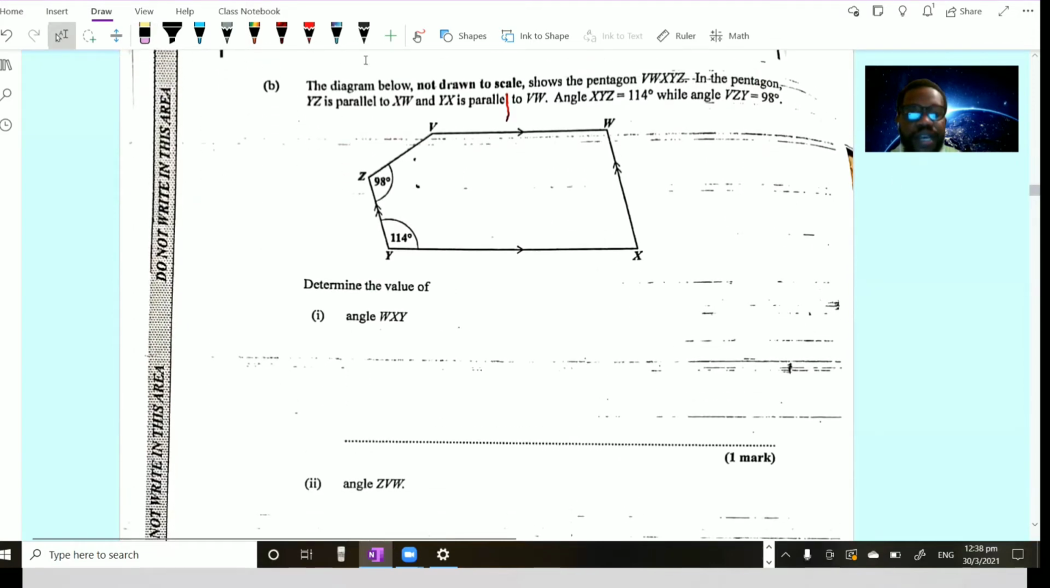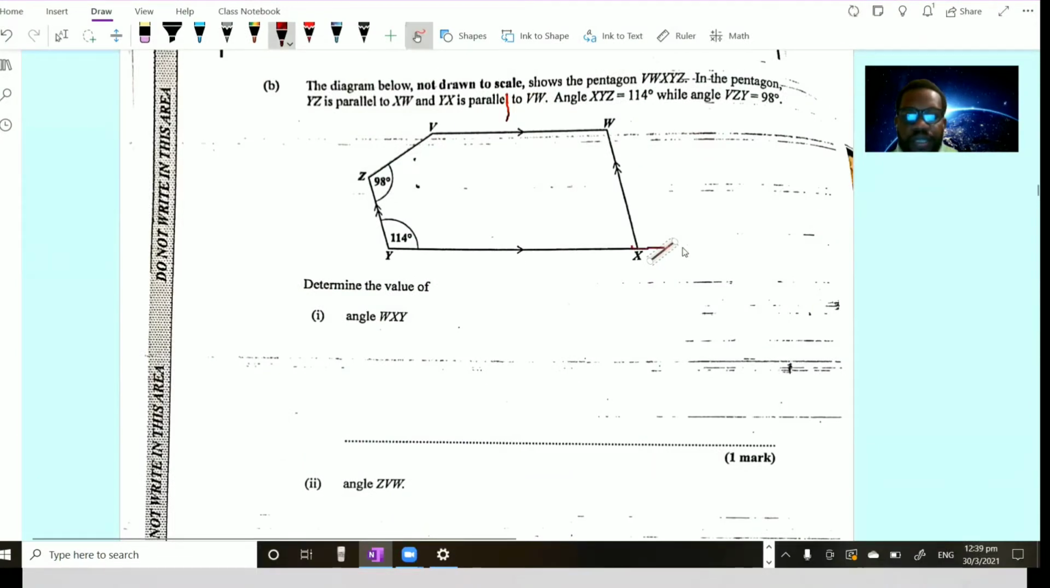Okay, let's go down a bit now. Question B says the diagram below, not drawn to scale, shows a pentagon VWXYZ. In the pentagon, YZ is parallel to XW. And of course, you can see the parallel symbols on both sides. You have angle XYZ equal to 114 degrees, while angle VZY is equal to 98 degrees. Now, we can see several parallel things happening here. So for me to better understand this,